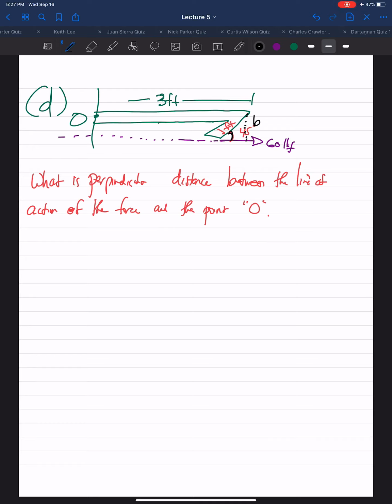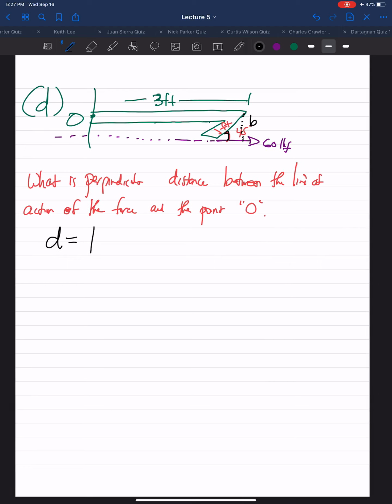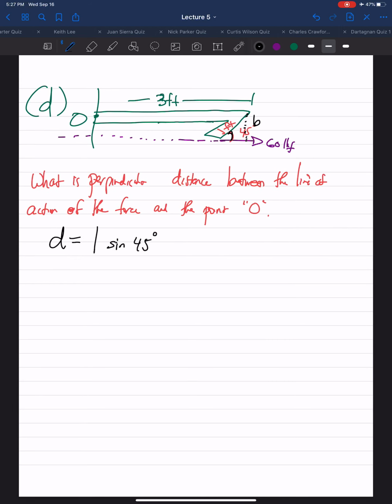So the hypotenuse is 1 foot. We want the B leg. So D is equal to 1 times the sine of 45 degrees to give us the B leg, which would be the vertical leg, which gives us the perpendicular distance between the line of action of the force and point O. So 1 times sine of 45 feet. So the moment the force causes about point O is 60 pounds force